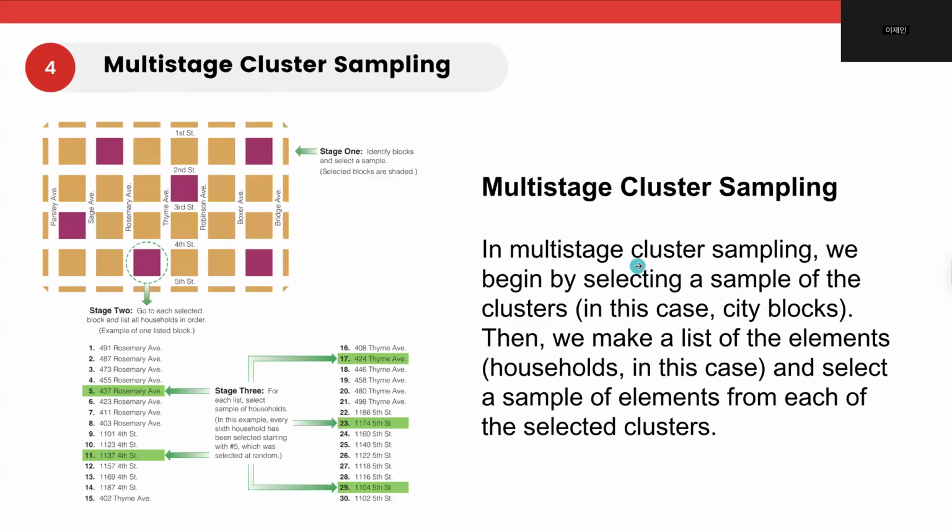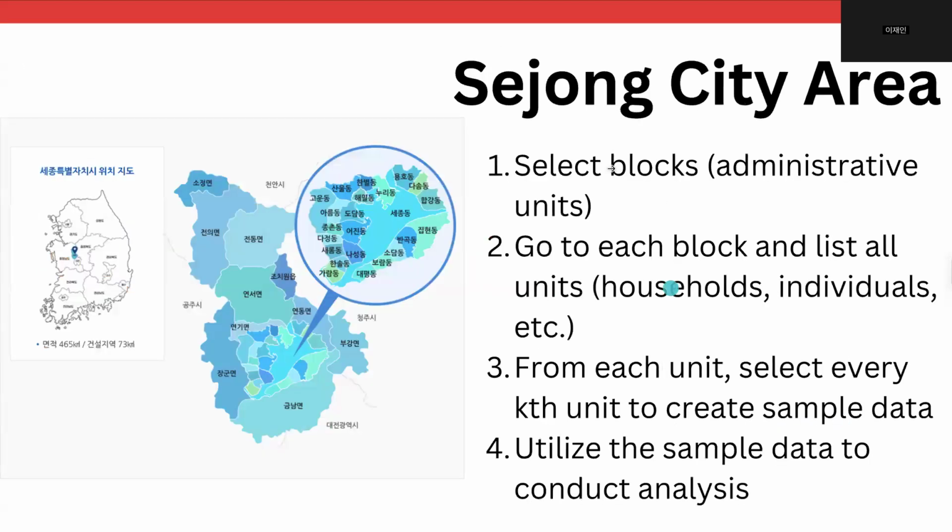So in multi-stage cluster sampling, we begin with a sample of the clusters, such as city blocks, and then every nth element in the household and the geographic area, a sample of the elements in each of the clusters. And maybe within Sejong city or every county, we are choosing some of the geographic